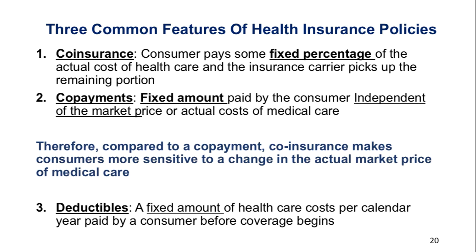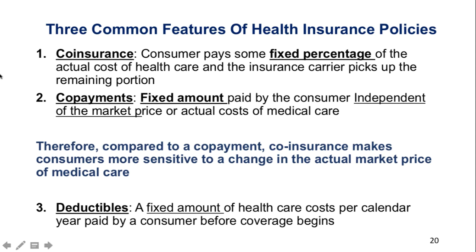The first feature is the co-insurance, which is what consumers pay as a fixed percentage of the actual cost, basically out of pocket, and then the insurance company covers the rest of that. If your co-insurance is 20%, it means that you have to pay 20% of the actual price. If the actual price is $100, you have to pay $20. If the actual price is $1,000, you have to pay $200 out of pocket, before the insurance company covers